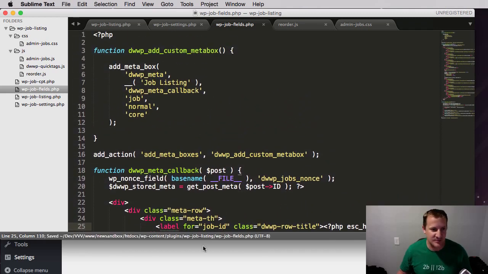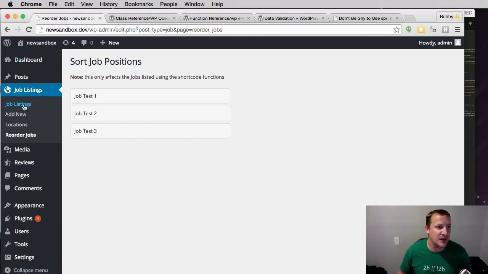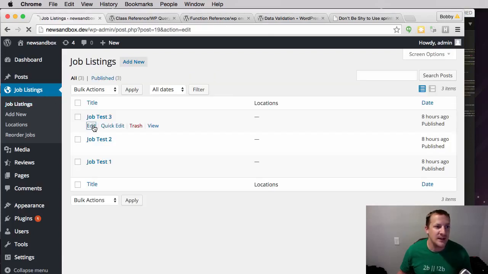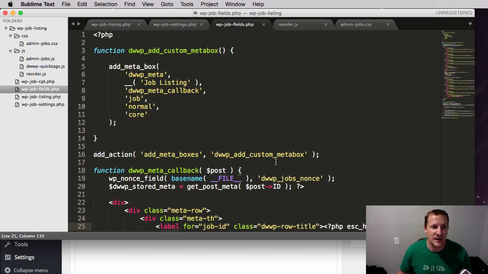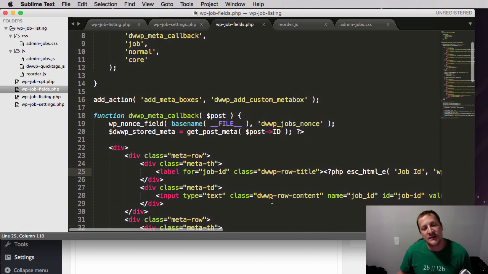So let's just go make sure we didn't break anything. If we go to job listings and we go to edit, you can see the job ID still shows up and job listing still showed up. We didn't change anything other than now it is being